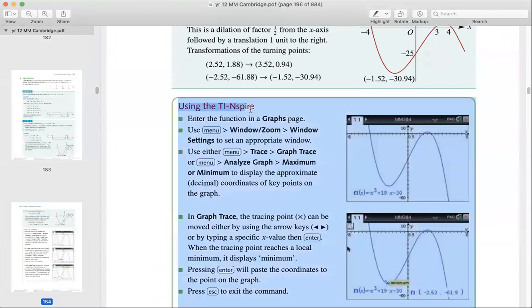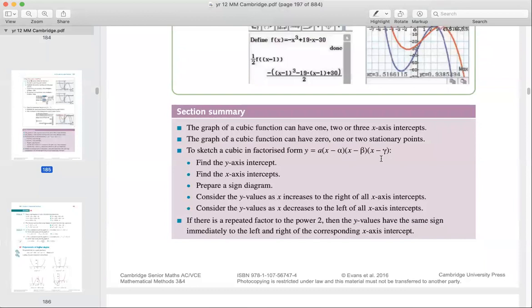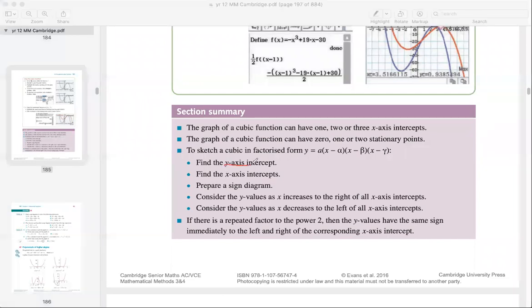And make sure you know how to use CAS to do the job properly. Okay, and this is for E. So again, for the graph sketching, we need this one where y-axis intercept, x-axis intercept, if they have,